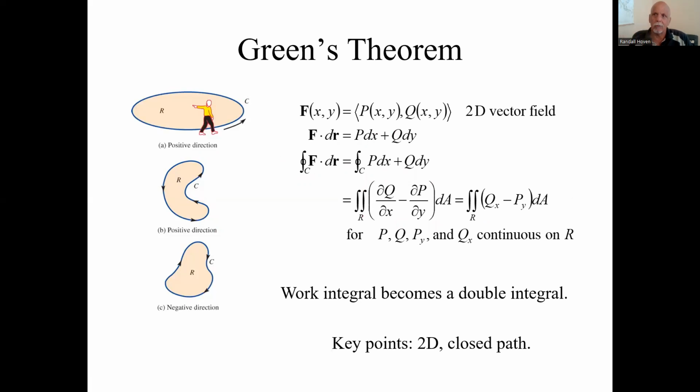The previous two videos were a review of double integrals. So it's just the partial derivative of Q with respect to x minus the partial derivative of P with respect to y. That becomes your integrand over the region of integration, and that region is the region bounded by the path. And your answer will be positive, well, positive